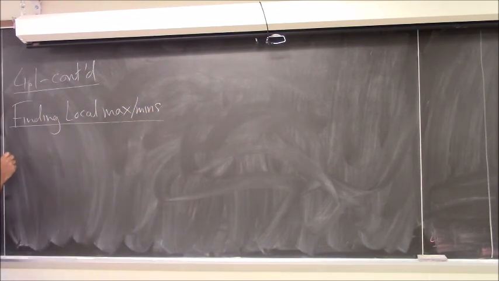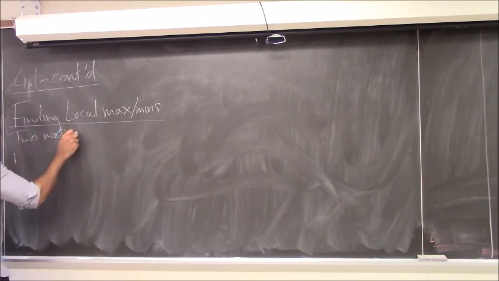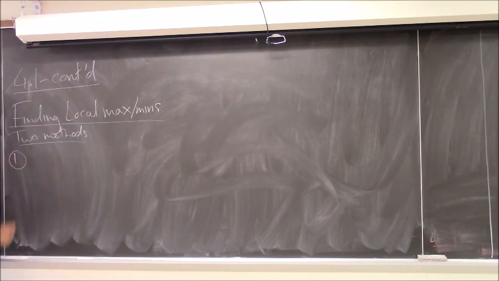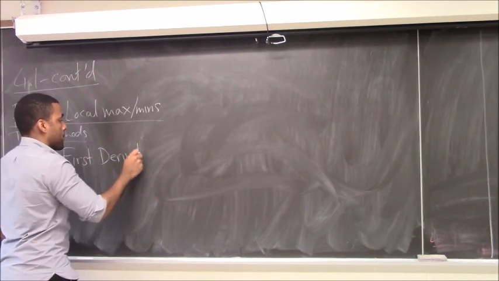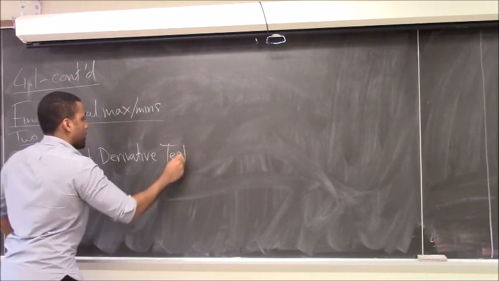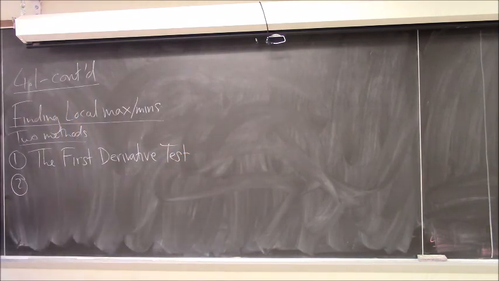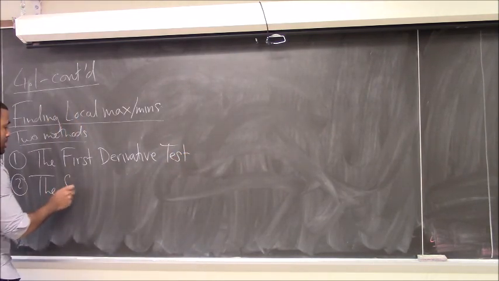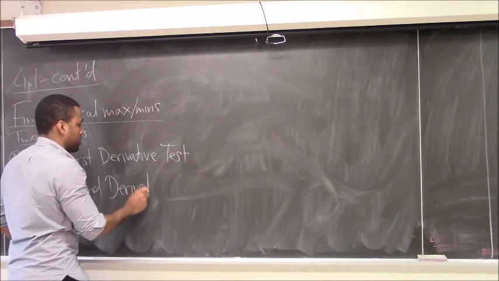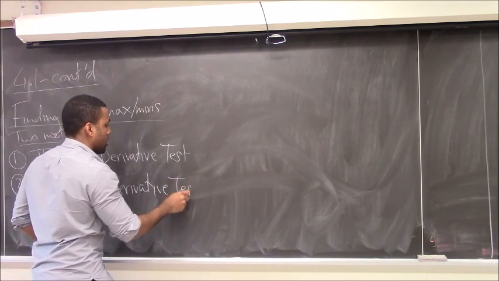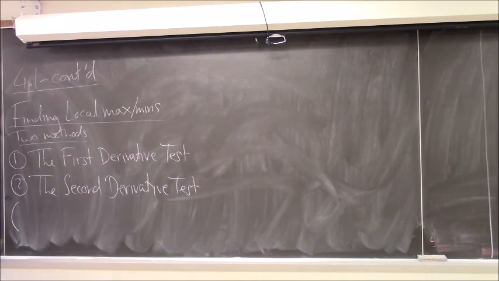There are two main methods. One is called the first derivative test. The second one is the second derivative test. I know, surprising. Both require the original function to be continuous